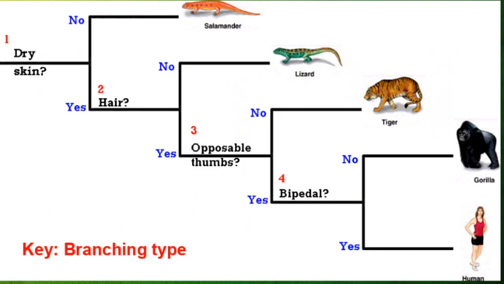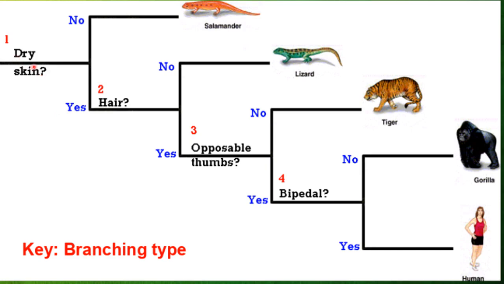With the help of this flowchart, you will be able to understand how a key can be used for the identification of an organism. This is a branching type key. There are many types of key, but that is beyond your syllabus. Types of key are not in your syllabus. So you see here how a key can be used for the identification of any organism.